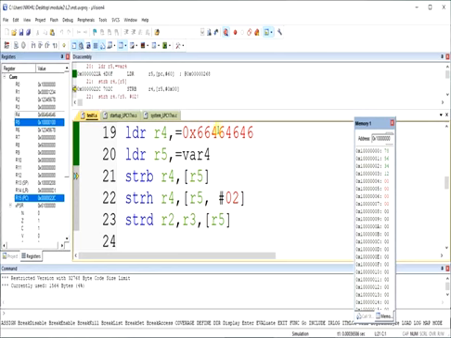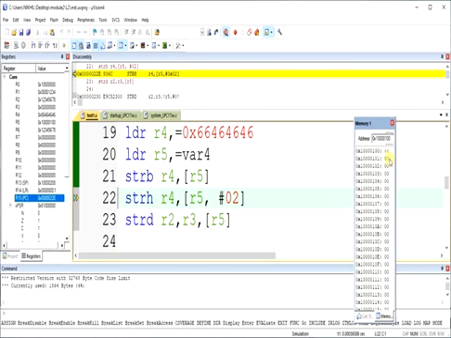R5 is pointing at this location. So let us change this value here to 101, sorry, 100. If you go to that address, presently nothing is there. So here we expect 46. If you go to single step, you can see 46 is copied.